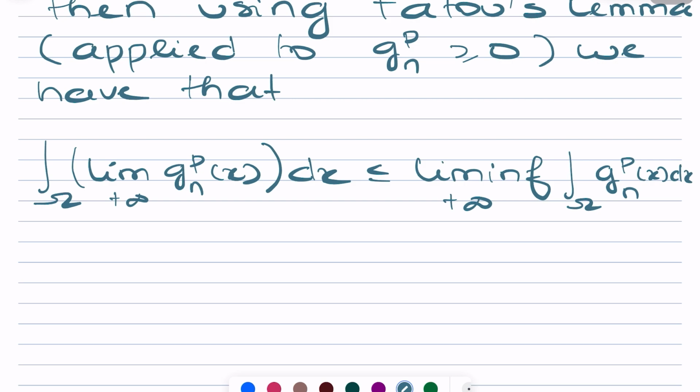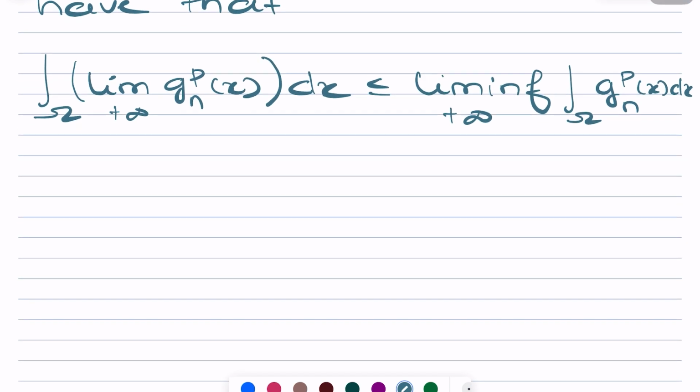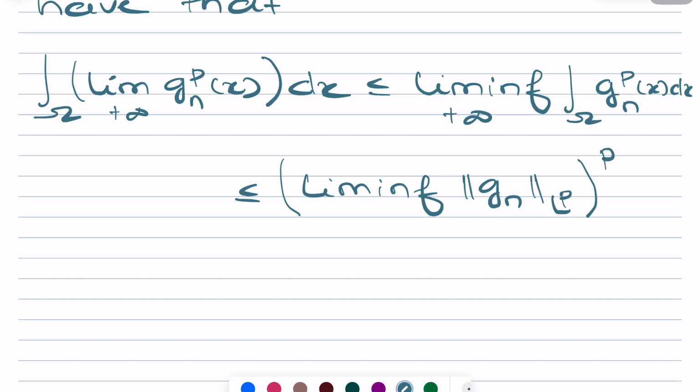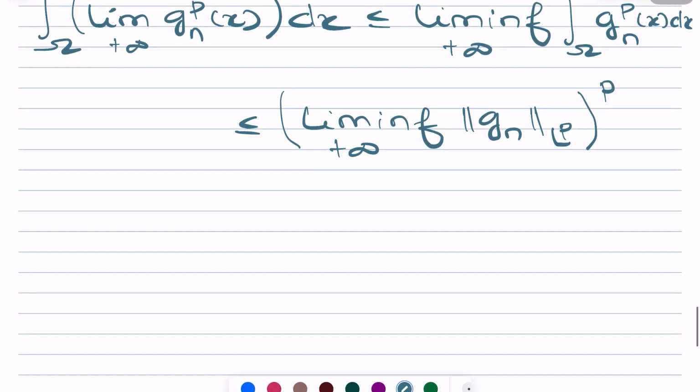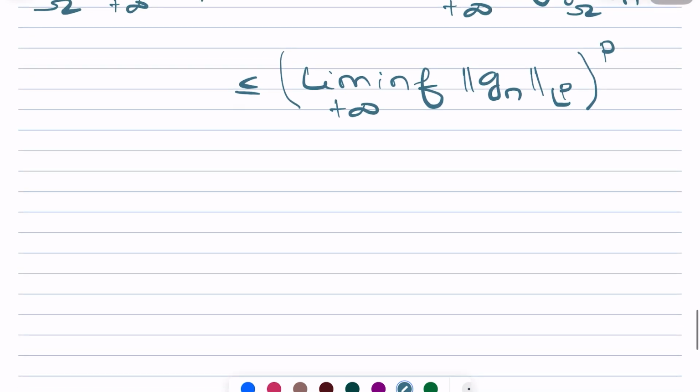Of course, when n goes to plus infinity, this here is actually less or equal than the lim inf of the LP norm of dn to the power p. Now, let me just write it out, so this is less or equal than